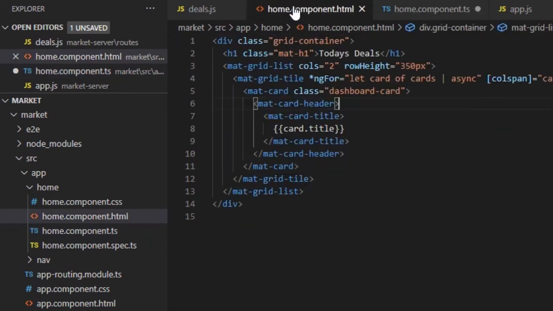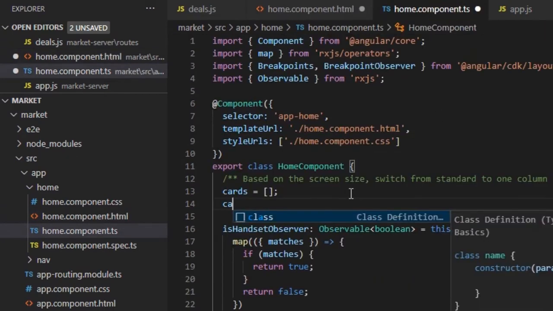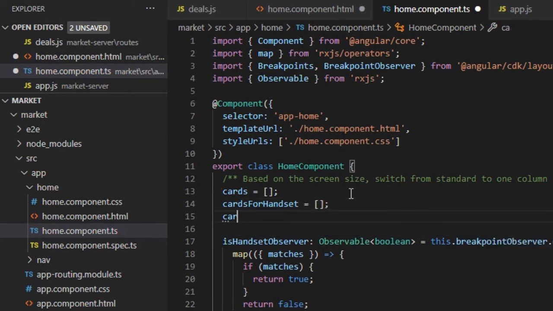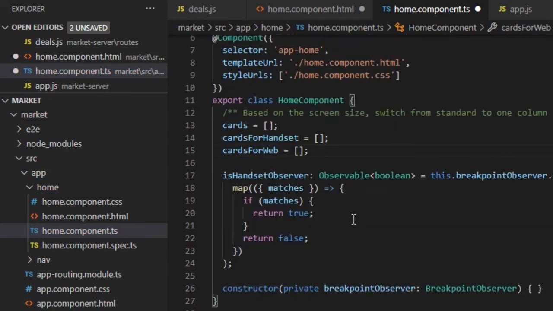The async pipe is used to get the latest value from an observable. Since cards is an array now, and not an observable, the async pipe needs to be removed from the HTML file. In the TS file, we will also add two more local variables: cards for handset and cards for web, for holding cards we will be receiving from server. Let it be empty arrays initially. And once we get the cards data from server, we will assign to these variables. After that we will check whether the current display is handset or not, and assign either of these variable to